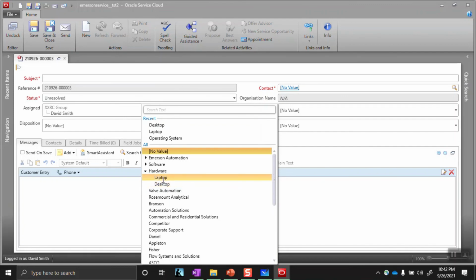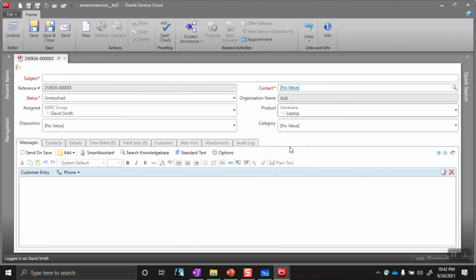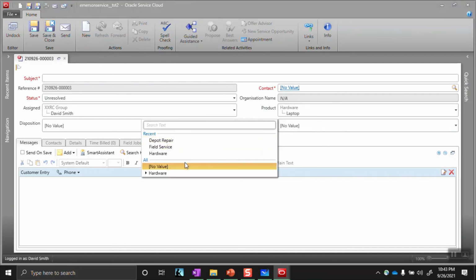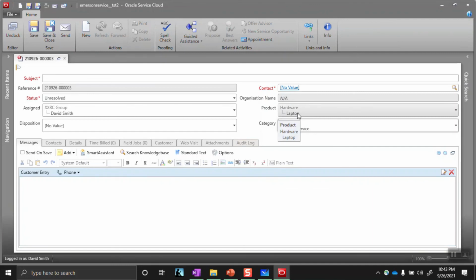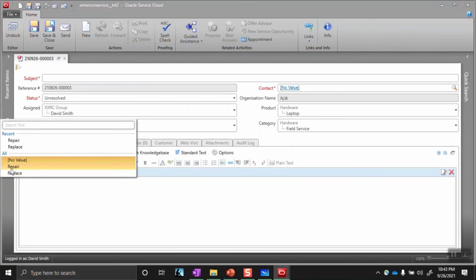If I select laptop and go to category, with laptop it will be hardware, field service and depot repair. So let me select field service. When the product is laptop, we have defined that it can either be repaired or replaced. So if I go to disposition, you will see that repair and replace are there.